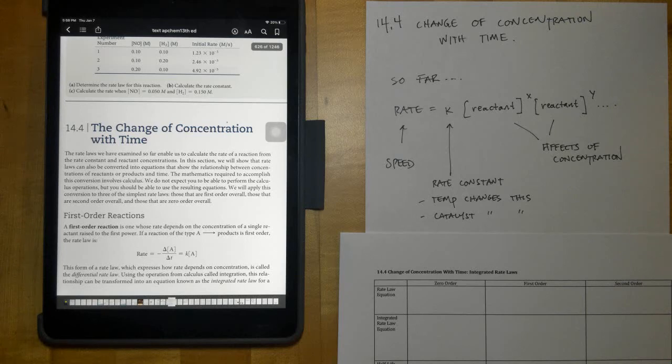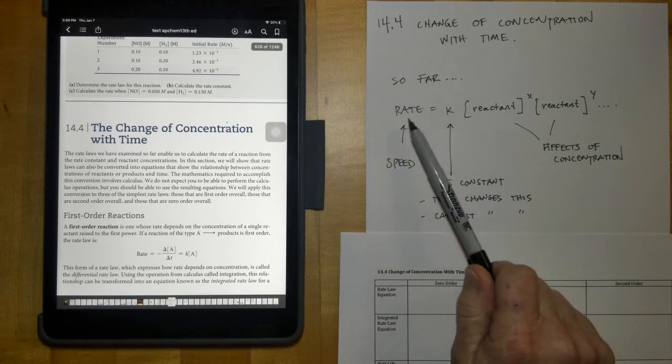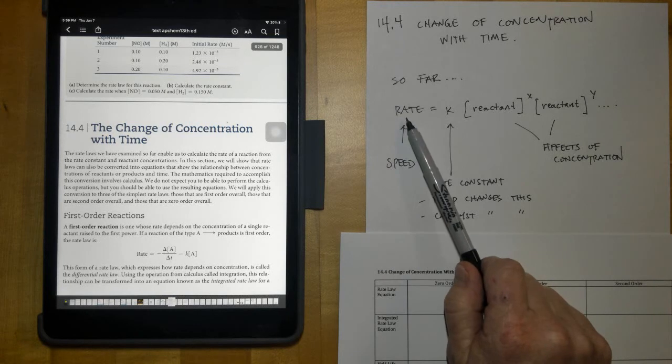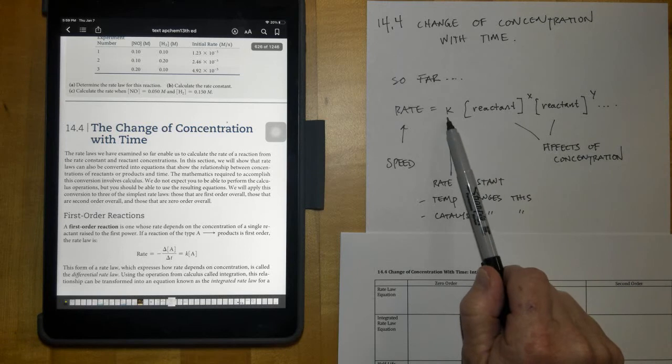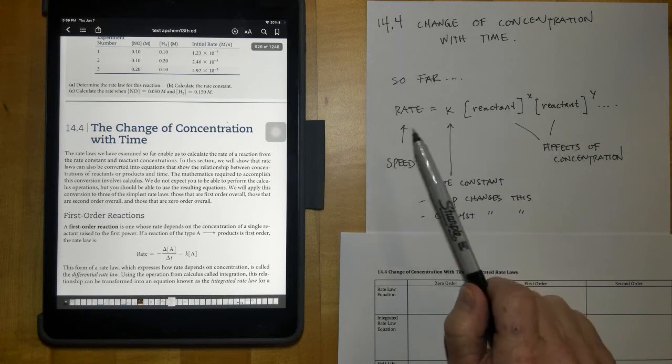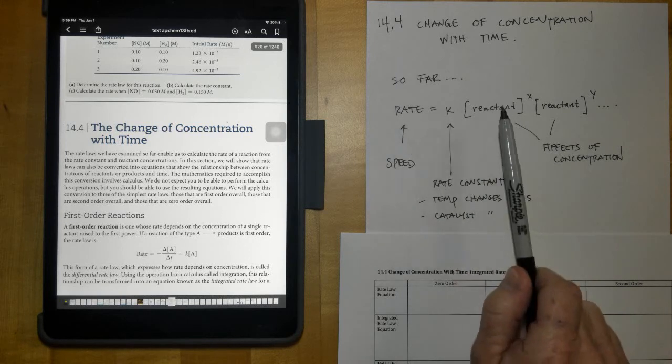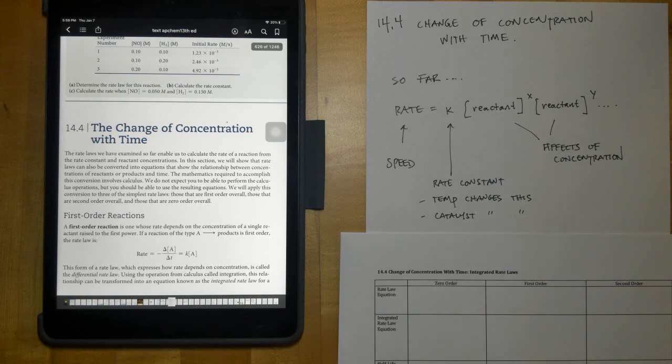So far we've looked at rate laws that relate speed or rate to concentration. And then we've used a rate constant to go between the two. And so we've been able to relate rate with concentration. In this video, we'll take the rate law expressions of three very popular rate laws,